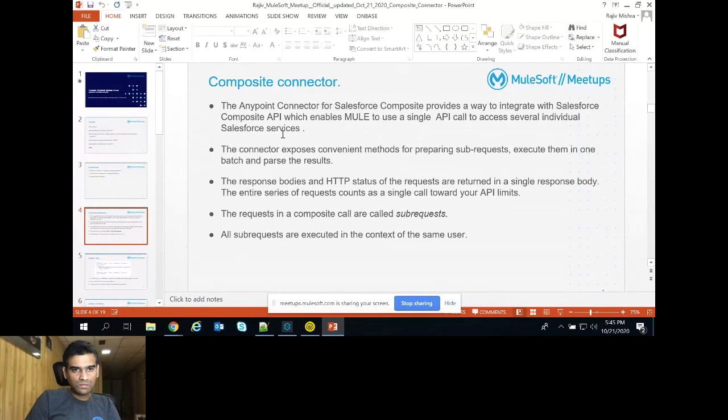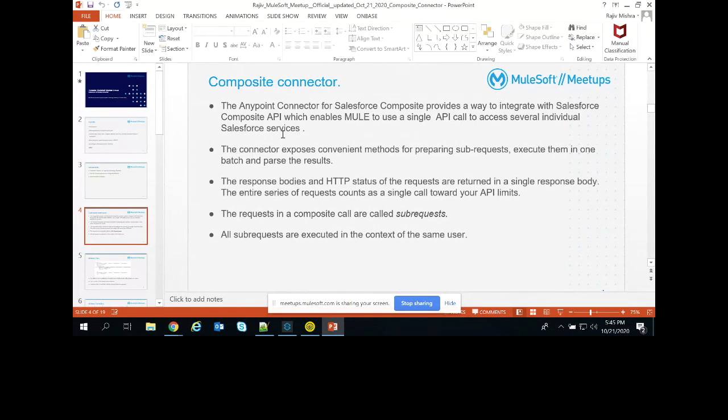So yeah, let's go with the composite connector. What exactly is the composite connector? As I think we are all already aware, Mule provides deep support for interacting with Salesforce clouds, including the connectors and the templates, as well as ways to fetch the session or to query the data. So we know a few of the things that Salesforce provides.